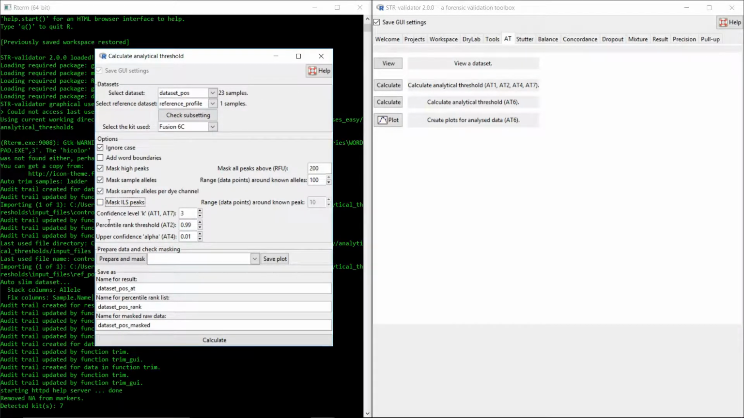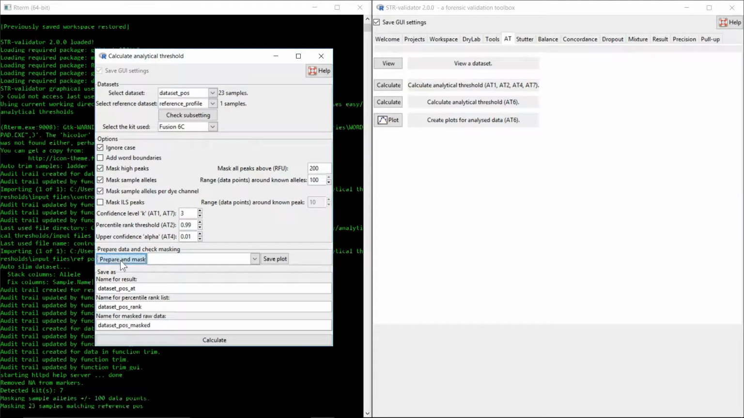And here we can specify the confidence level for method 1 and 7, and the percentile rank threshold for method 2, and the upper confidence or alpha for method 4. And if you want to read more about these parameters, you can go to the help button, as I showed before. We will just accept the default values here, but they can be changed for a second analysis. Click the Prepare and Mask button,